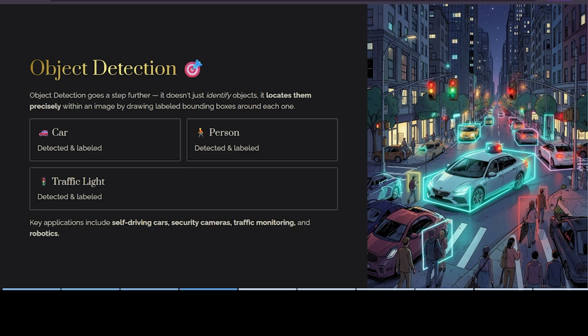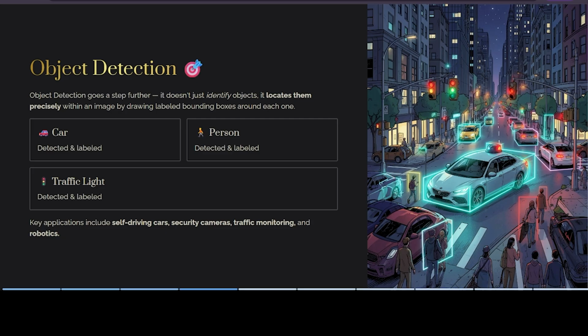Object detection goes further. It draws a labeled bounding box around each object. Now the AI knows where the people are, where the bicycle is, and where the car is. So it detects the objects, drawing a labeled boundary around the particular objects. That is how it identifies where the people, the bicycle, the car, and the traffic signal are. So guys, you may have one doubt: why is object detection important? Why?